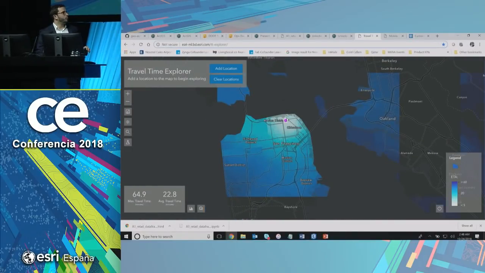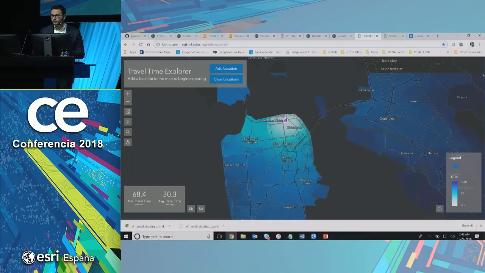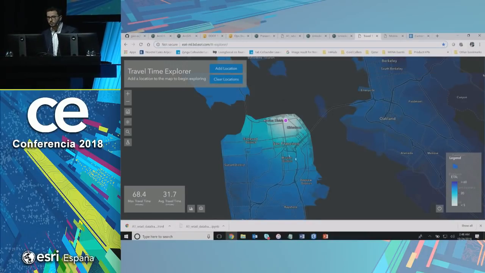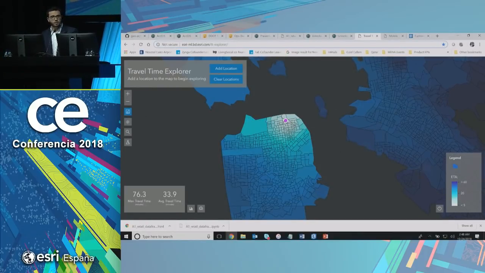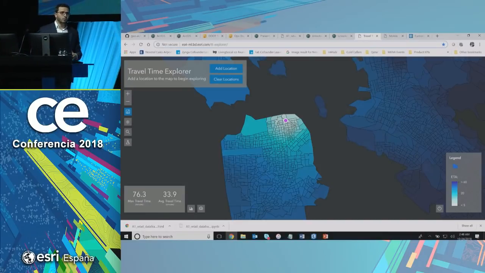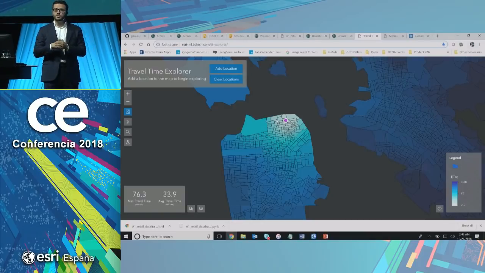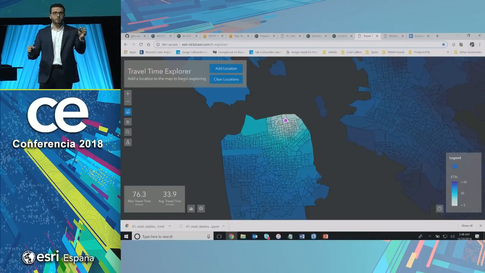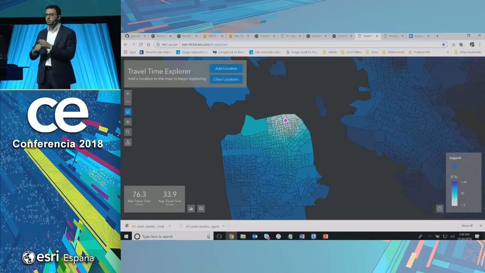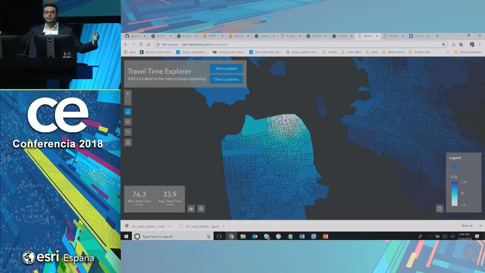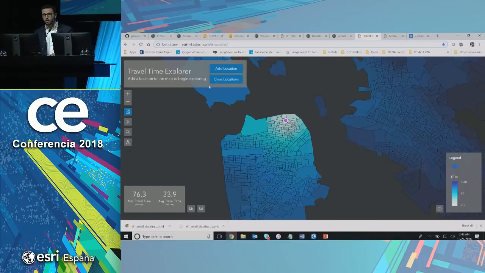The output is produced as a continuous raster, as you can see. The legend here highlights the arrival time. This is the time it's going to take people to arrive from different locations to this location, starting from 5 minutes up to 60 minutes. Maybe you are a bank or a retailer or a supply chain and you want to choose the perfect spot, or even a public safety agency that wants to place its strategic assets wisely, like, for example, ambulance cars, and you want to predict this kind of arrival time very fast.